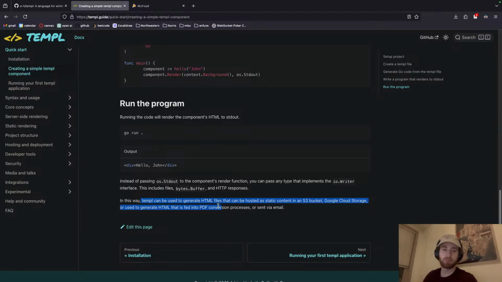Okay. So in my case, correct me if I'm wrong, it sounds like I'd be passing the, ooh, actually, I'd probably write to a buffer and then pass the buffer